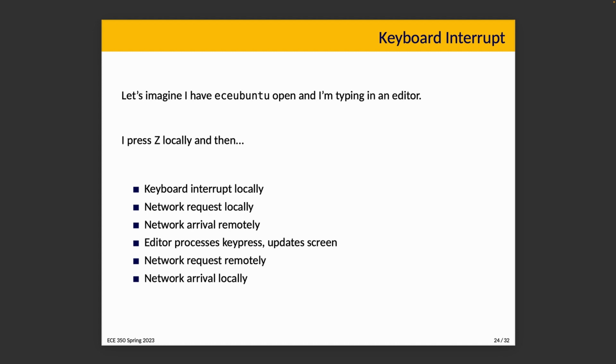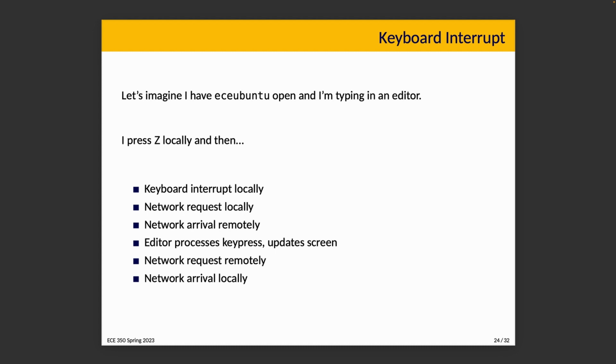So there's a keyboard interrupt locally, right? I've pressed the key on the physical keyboard that is in front of my hands, and that generated an interrupt for the operating system on my laptop. The kernel has to handle it and sends it to the user process. Now, what I'm working on is an editor inside an SSH session, so okay. Well, the kernel sends it to my user process, which is the SSH client, and the SSH client then wants